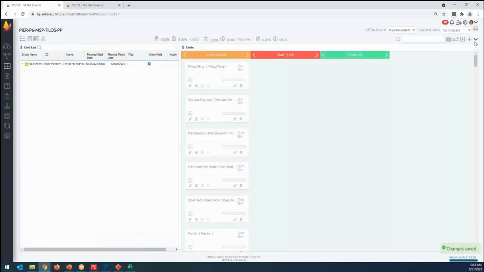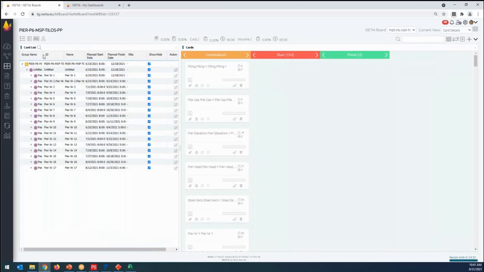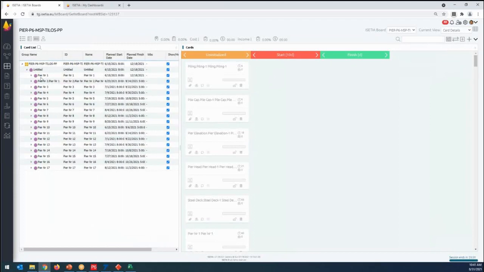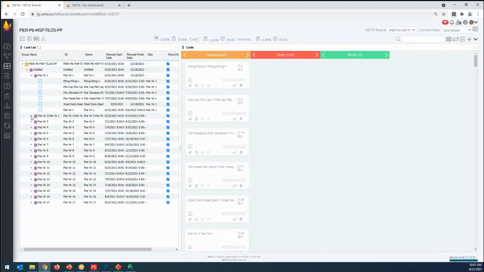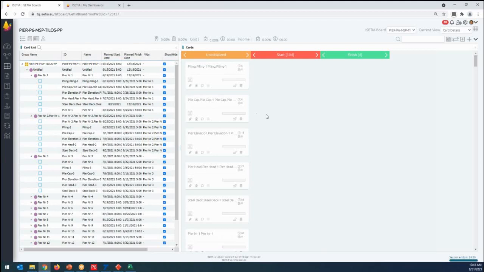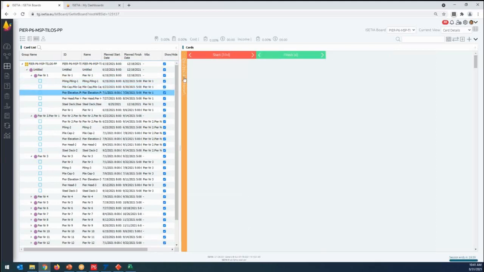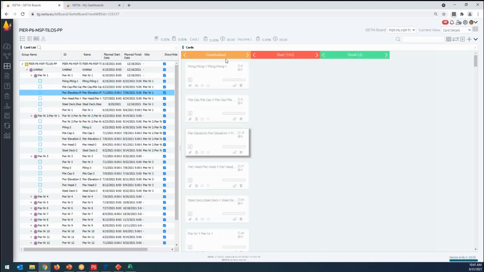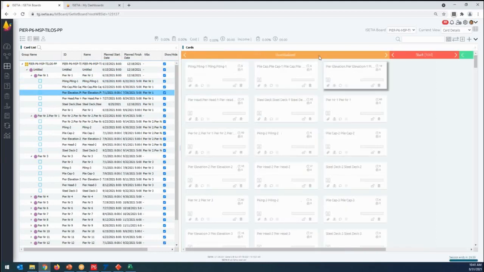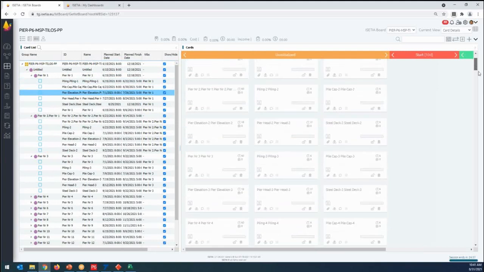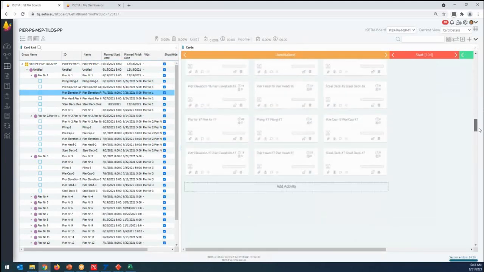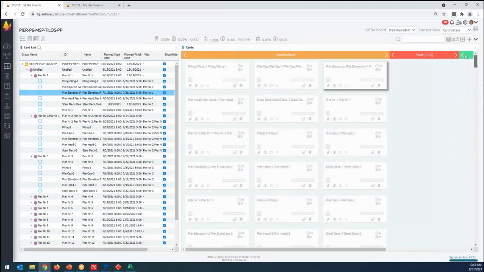So what I'm doing now, the format which I was showing you here, I have pier 1, I have pier 2, pier 3. Piling 1 is this activity. Piling 2 is this activity. Piling 3 is this activity. How many activities do I have, by the way? I have 102 activities. I can open here. You can see that these are the 102 activities now, which are loaded as a card.